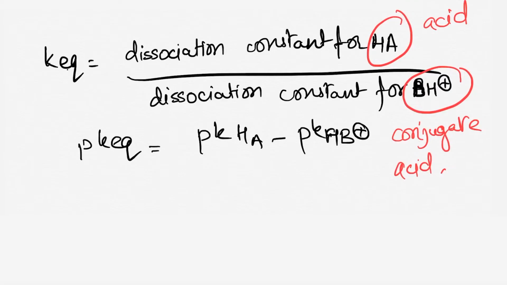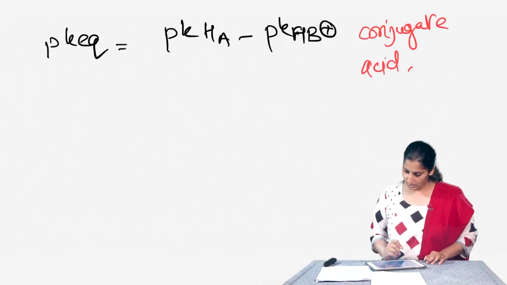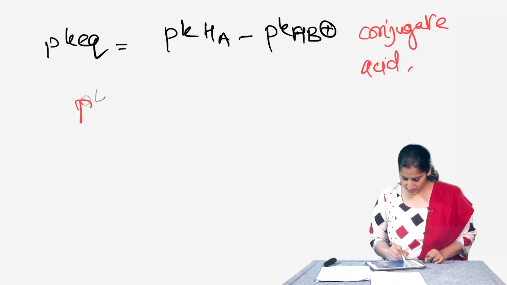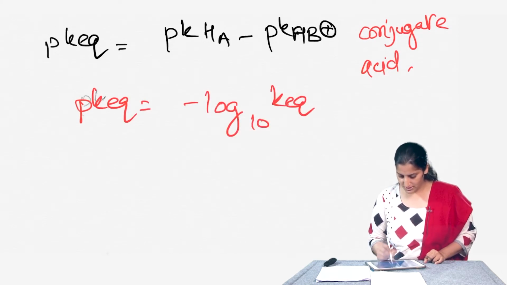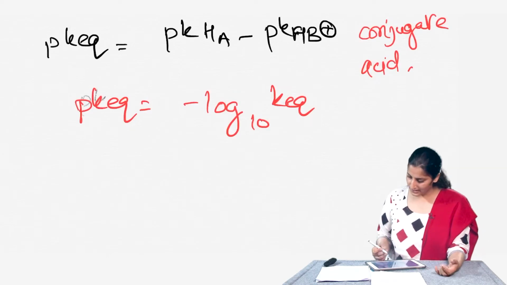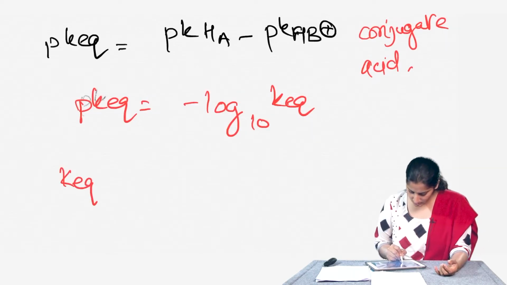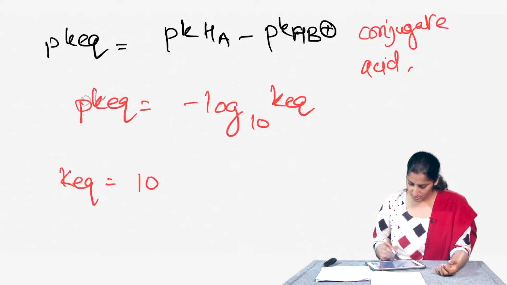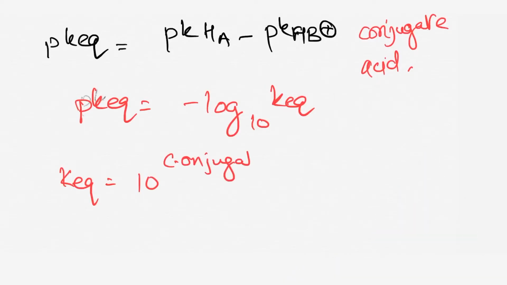So, what I have here is Keq will be the dissociation constant for the acid divided by the dissociation constant for the conjugate acid, right, in any acid base reaction. So, if I have to generalize, if I take the negative antilog of this particular reaction, because pKeq will be minus log of Keq to the base 10, right. So, now if we take the antilog, then Keq will be 10 to the power conjugate acid pKa minus acid pKa,